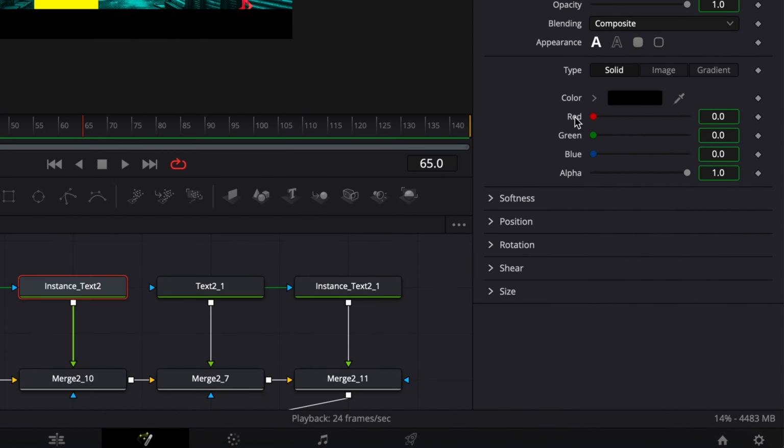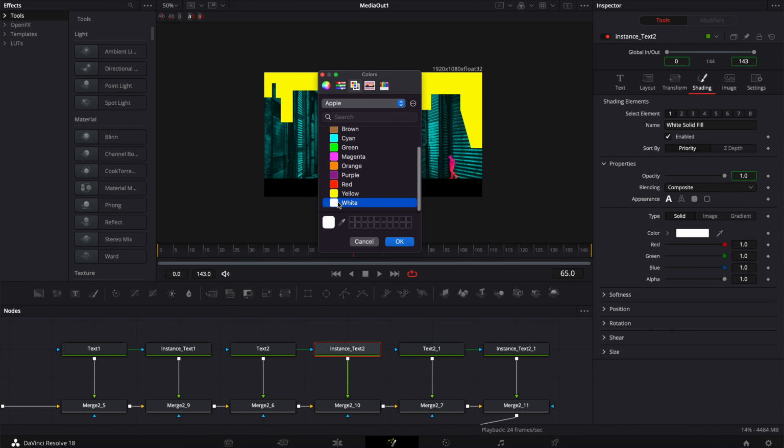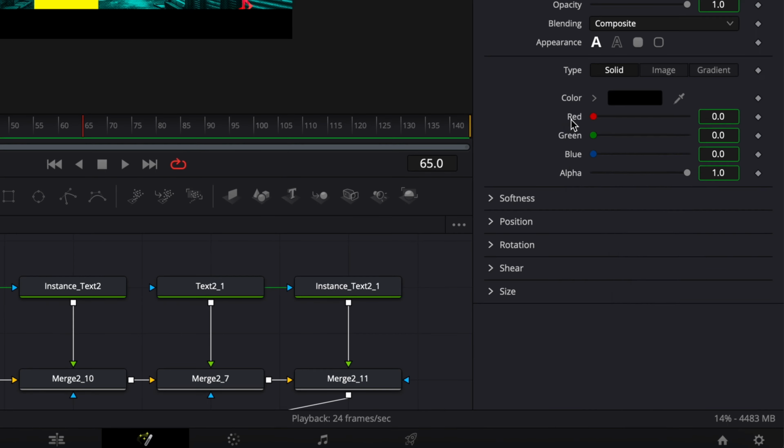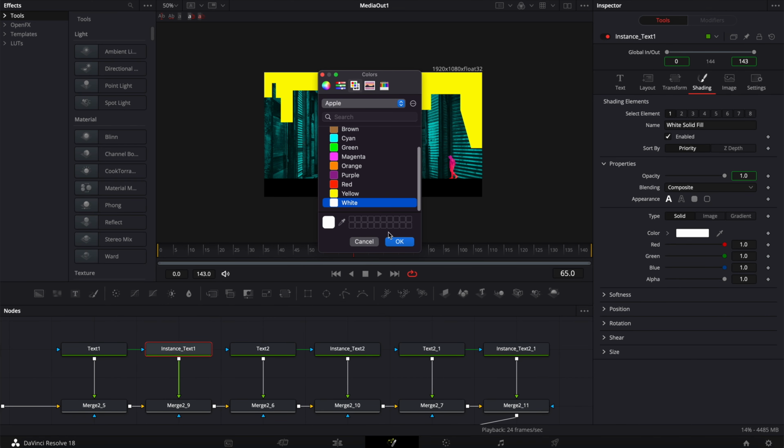Go to shading, then we can de-instance the color group and switch to white, and same for the first text. Go to the instance, shading, de-instance the color group, and then white.